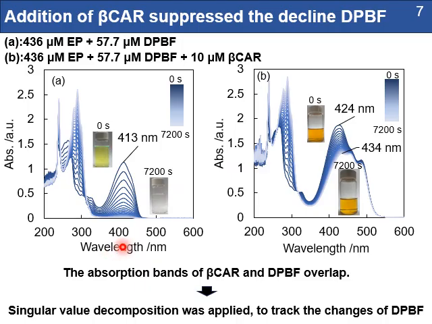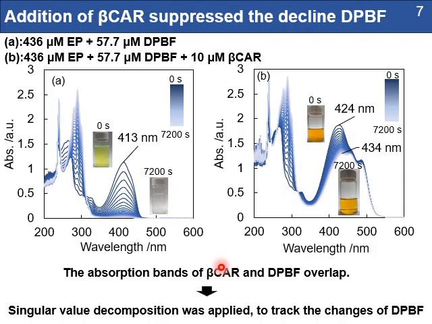But for singlet oxygen, in graph A, the time-dependent change in the absorption spectrum contains only endoperoxide and DPBF. In contrast, graph B shows the spectrum when beta-carotene is added. In both cases, DPBF was decomposed by singlet oxygen. However, since the absorption bands of beta-carotene and DPBF overlap, it is not possible to track the amount of